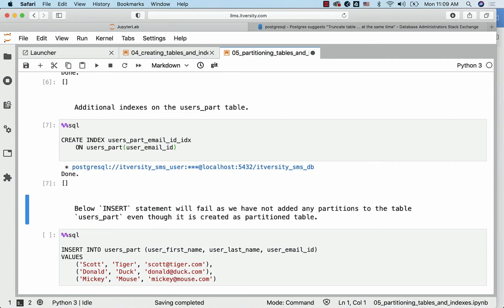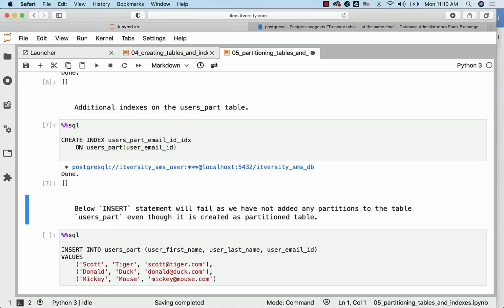Now, when it comes to inserting data into a partition table, it should at least have one partition. If you do not have at least one partition, it will fail. Typically, we start with a default partition so that if there are records which do not match the criteria, all those records will go to the default partition. However, the default partition is not the one which is required. It has to at least have one partition. As long as we have one partition, and as long as we have values matching that partition, we should be able to insert the data. But with other values which do not match the partition criteria, those insert statements will fail.